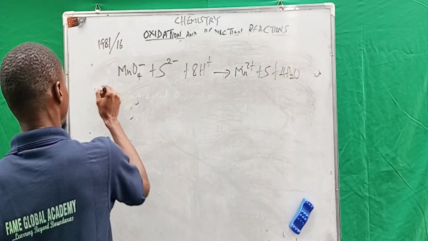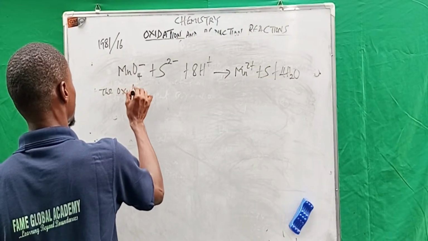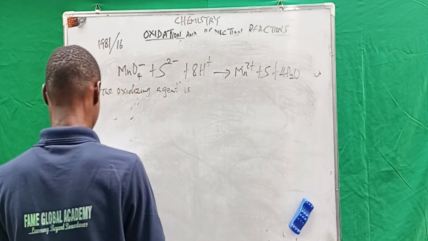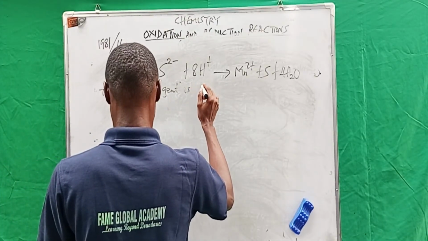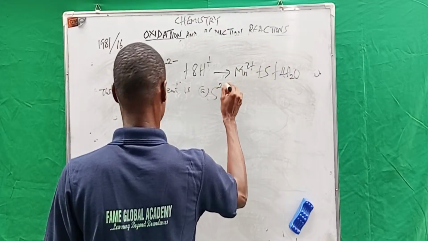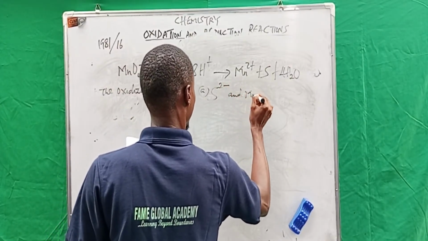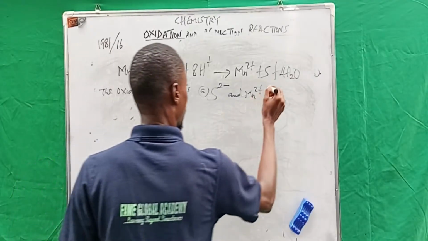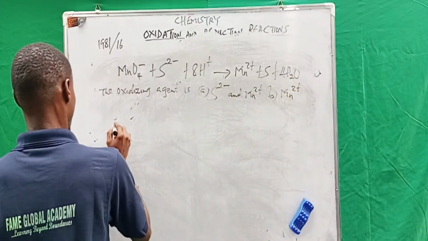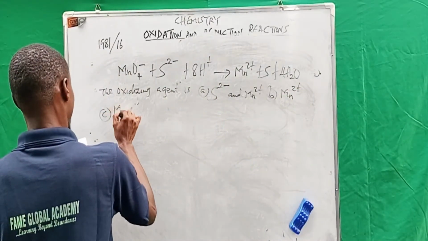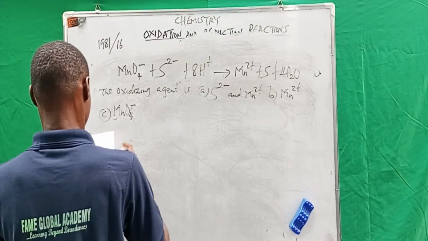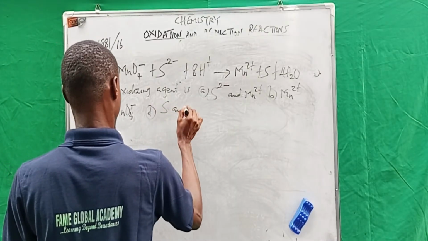The oxidizing agent is: A. S2 minus and Mn2 plus. B. Mn2 plus. C. MnO4 minus. Then D. S and